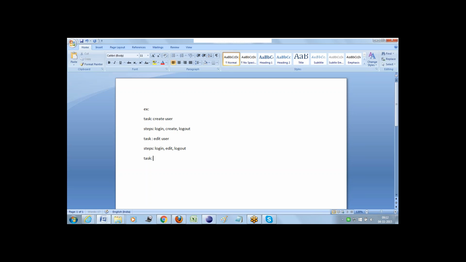The same way, task 3 is to delete the user. The steps are login, delete, and then log out. So these are all the basic steps. If you clearly observe,